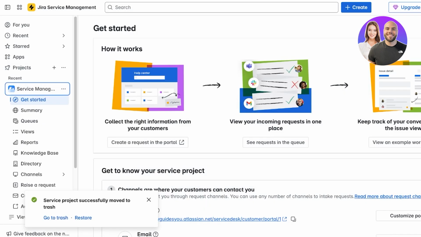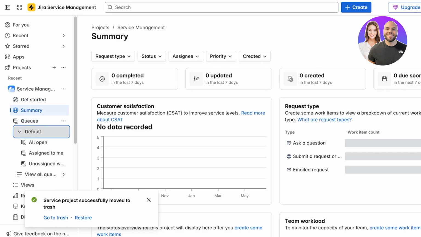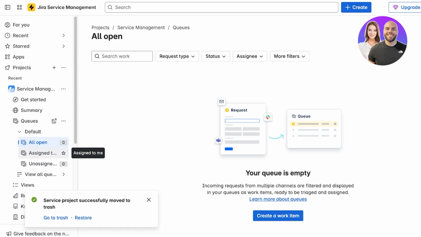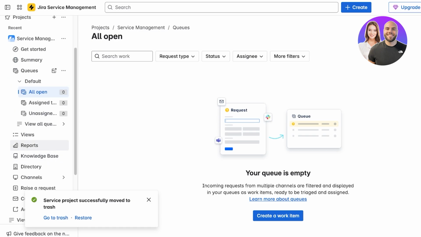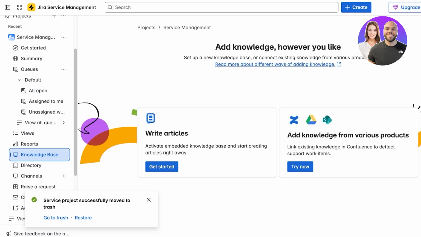Now within that, you will see on the left, if you click on projects, you can click on your service manager. Then you will have a summary section. You will have your queue section. Within that, you have default, and then you can click on all open queues. Then you have all assigned items to you, and then you have unassigned work items. Then you have views, reports, knowledge bases, and the first step usually within setting up your service manager is to